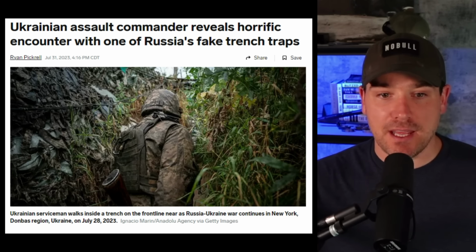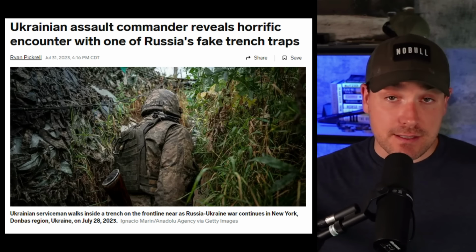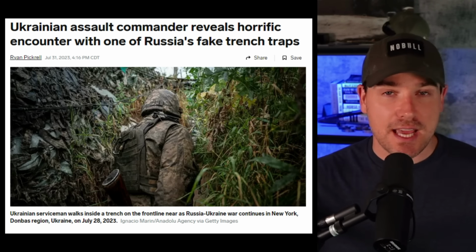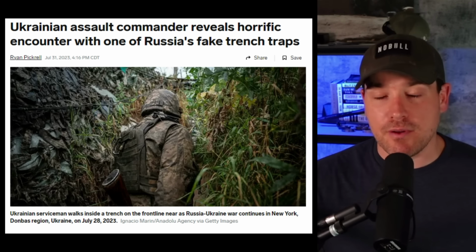Our guys started jumping in and the trenches started blowing up," recalling that as the Russians remotely detonated the mines that filled the trench, explosive drones attacked the survivors. So it's a type of decoy, if you will. Again, it sounds like they had mannequins and equipment kind of staged there to make it look, through aerial reconnaissance, like this was a portion of the Russian lines, but in the end, the Russians used some of these trenches